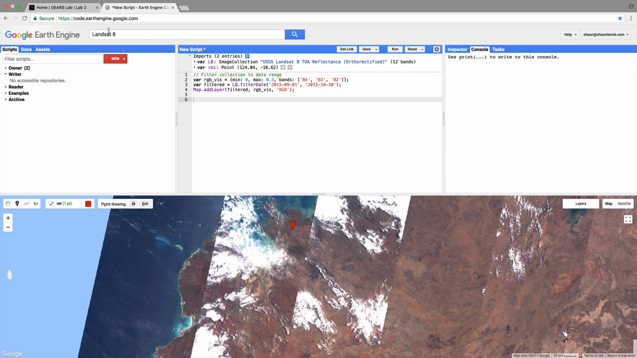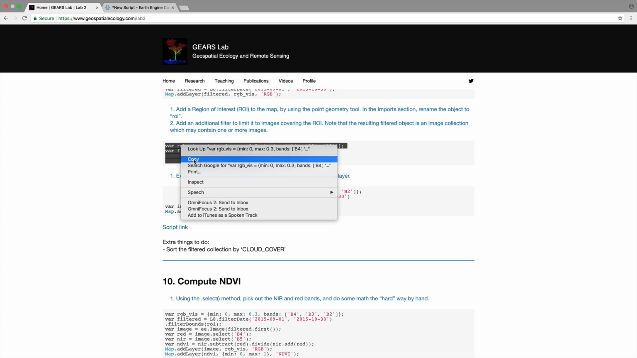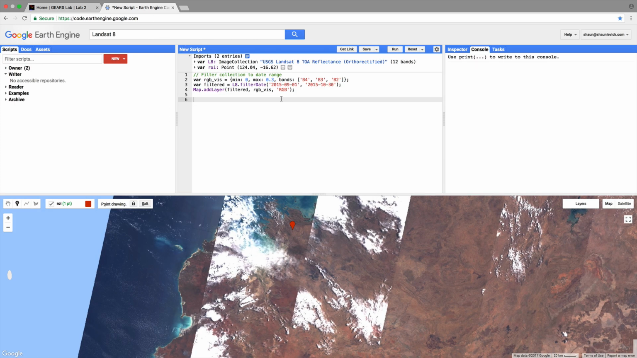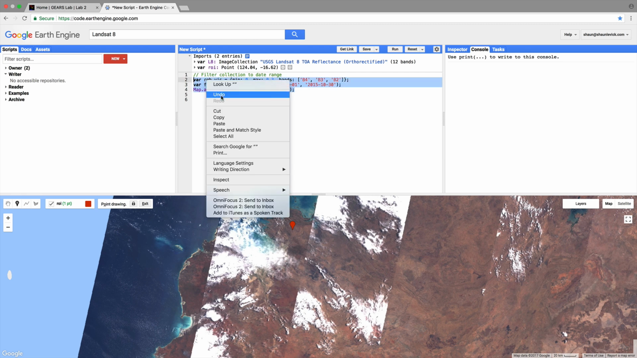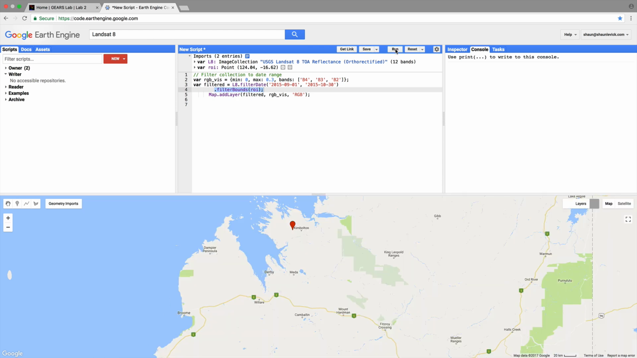And when you look at this next code, which I'll paste in here, you'll see that we've added this line, number 4. So filter by date, we've done that previously. Now we add filter bounds ROI. That means we're asking Google to search all the available Landsat 8 images within this date range that intersect this region of interest point. Let's run that,